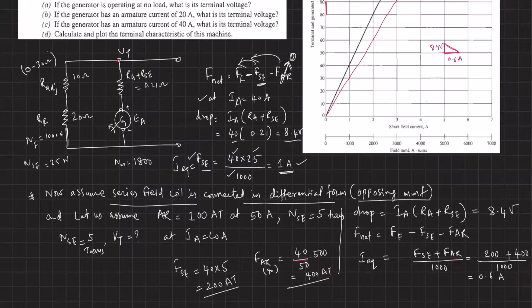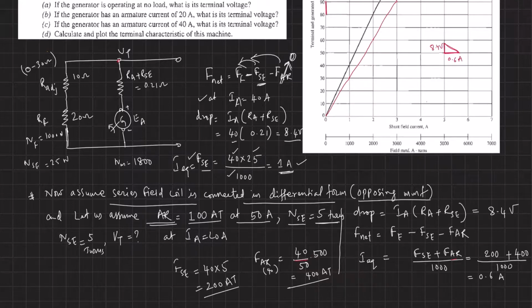Also assume the armature reaction is 100 ampere turns at 50 amps, right? At rated loading condition, the armature reaction is 100 ampere turns. And because it is connected in differential form, let us assume that the number of turns of the series field coil is just 5 turns,